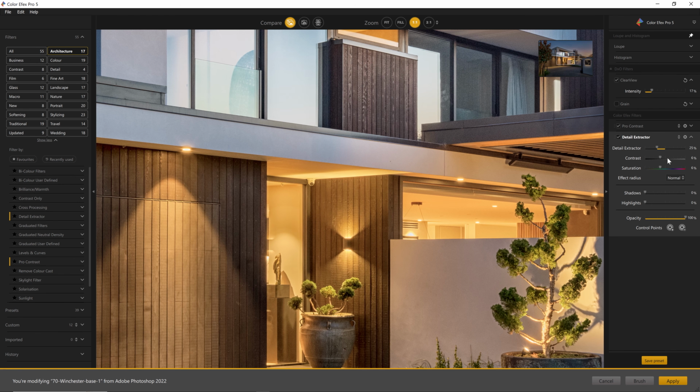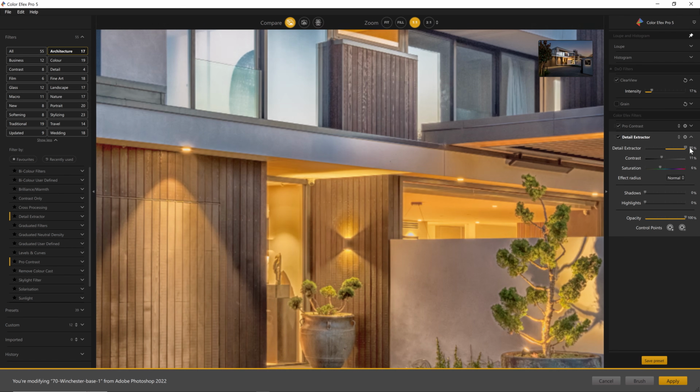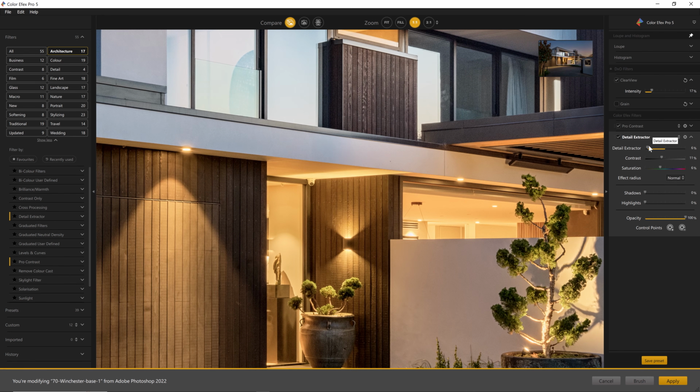So if I zoom in here and we look at the before and the after of the detail enhancer. Again, you can argue a little goes a long way. Personally, I like to have this set really low, somewhere around that sort of like 5 or 6% amount. You may want to add back in some contrast, because by adding the detail extractor, things can get a little washed out looking. And so normally I will counteract the addition of the detail extractor tool just with a little